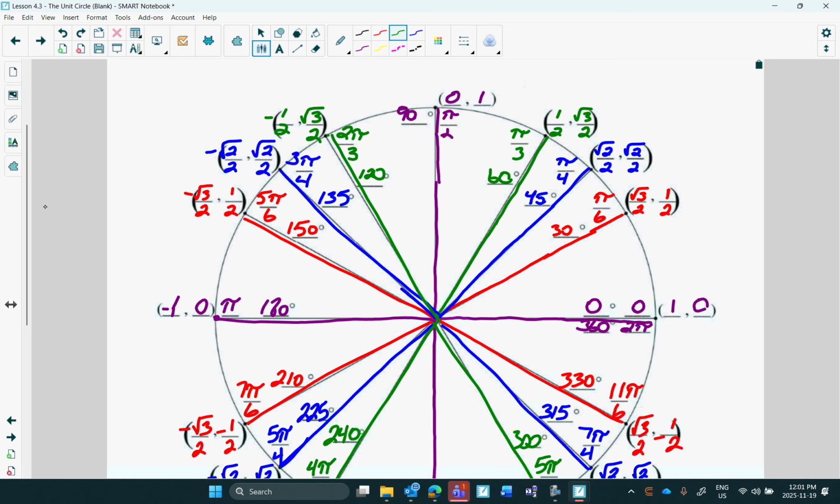First of all, besides 0, 90, 180, and 270, what are the denominators of all the points on the unit circle? What, 3? 2. They're all 2s. Okay? So that's something you can remember. Notice it goes for the radians, 6, 4, 3, 2. Notice for the x values, if there's root 3,